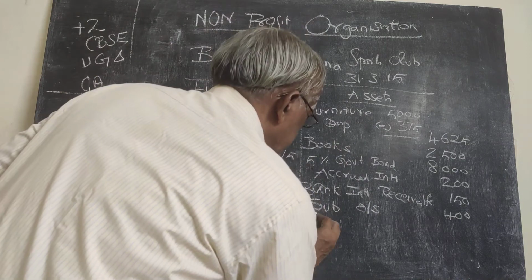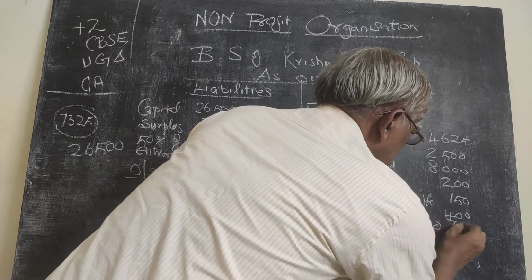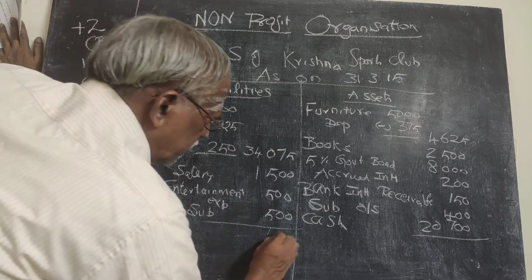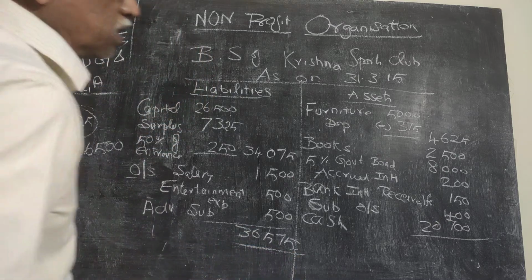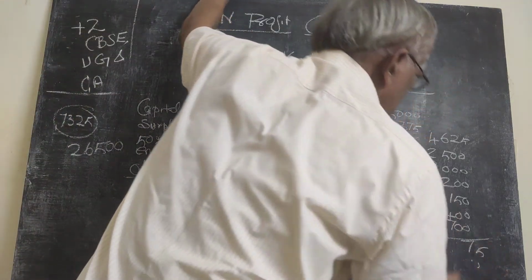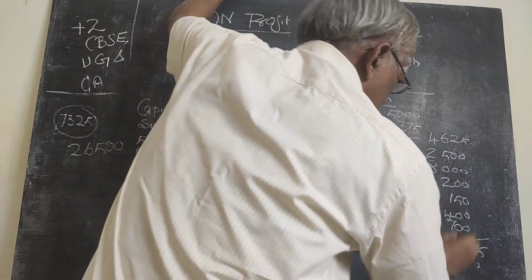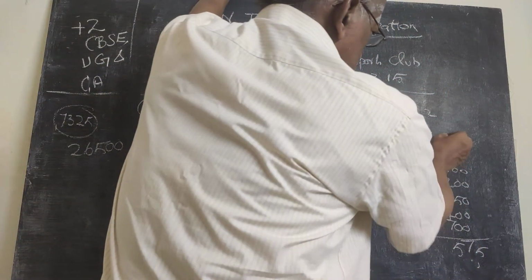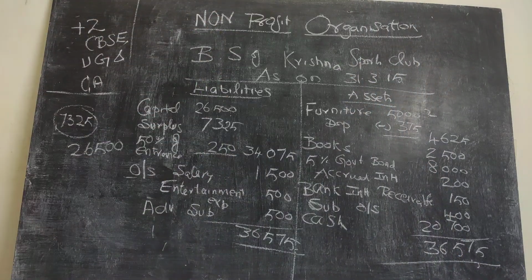Closing balance of cash 20,700. Let us see whether it is getting tallied. 75, 15, 36,575. On this side we got 75, good. 6 plus 5, 11, 11 plus 2, 13 plus 1, 14 plus 4, 18 plus 7, 25. Hundreds also tallied. 2 plus 4, 6 and 16, and this is 20, 36, we got it. So we are correct. We have taken all the figures properly.